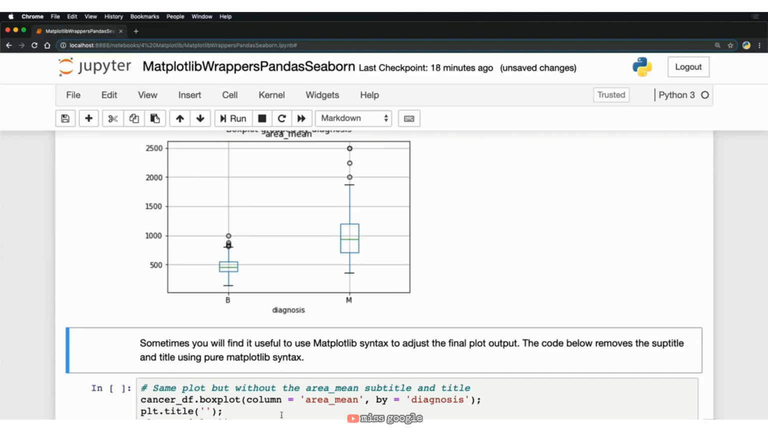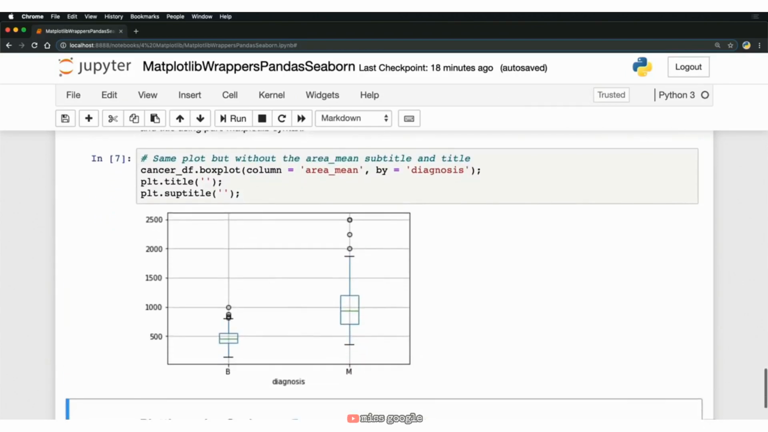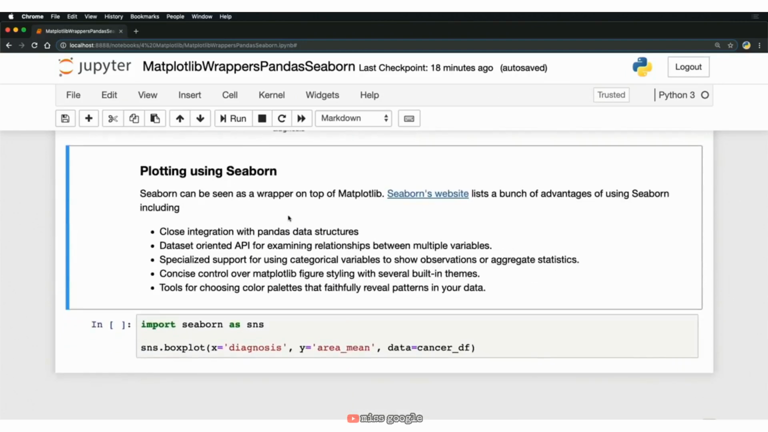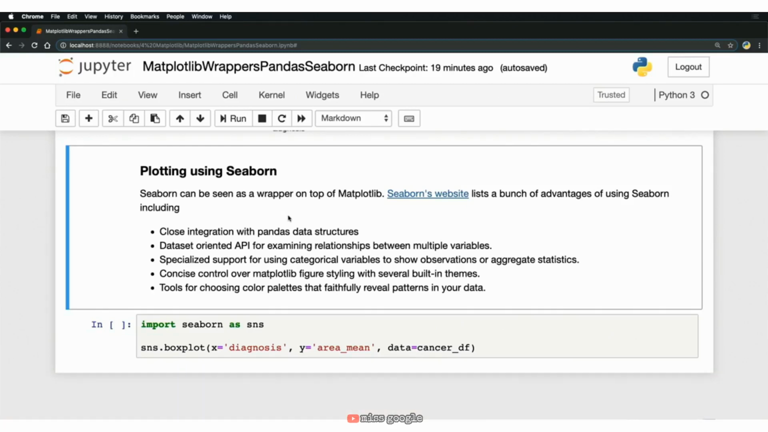And the code below removes the titles using pure Matplotlib syntax. You can also make box plots using the Seaborn library, and Seaborn can be seen as a wrapper on top of Matplotlib. Seaborn's website lists a bunch of advantages of using Seaborn, including close integration with pandas data structures, a dataset-oriented API for examining relationships between multiple variables, specialized support for using categorical variables to show observations or aggregate statistics, concise control over Matplotlib figure styling with several built-in themes, and